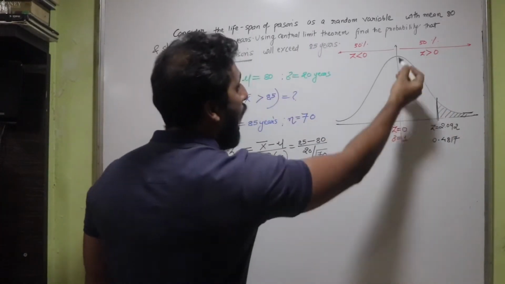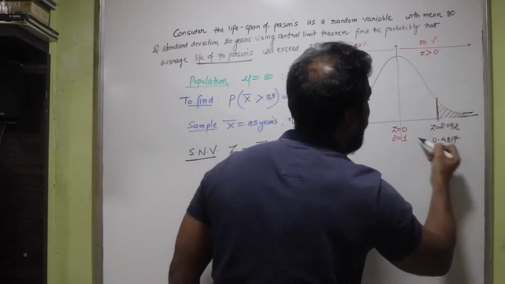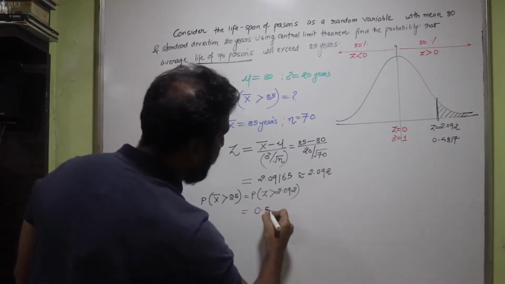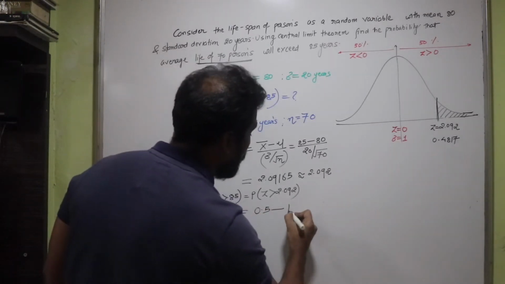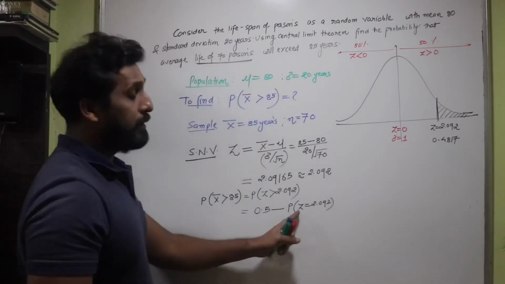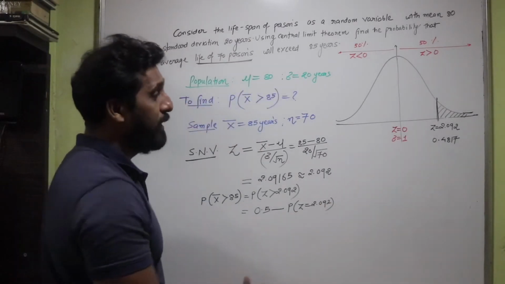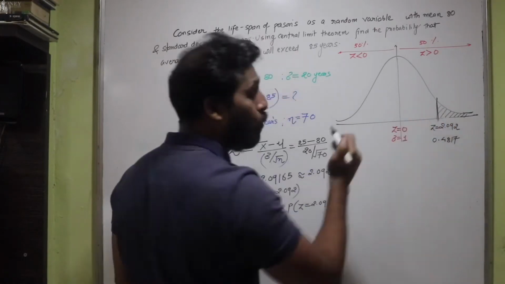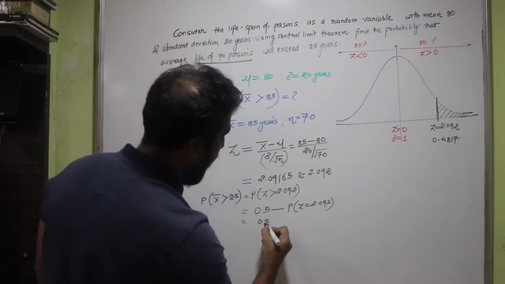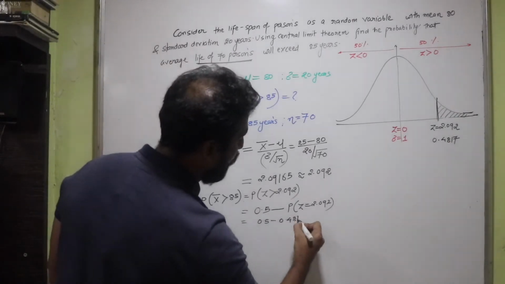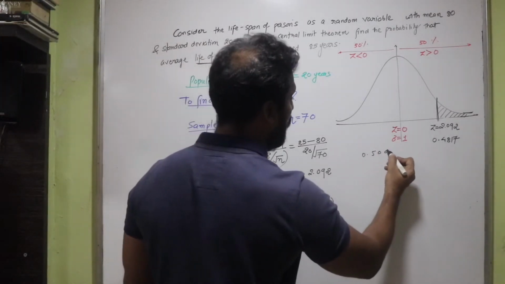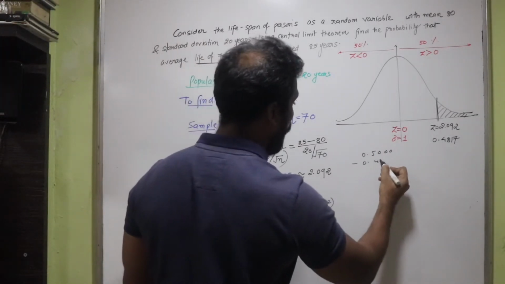So what I'll do is, as the entire value is 50%, isn't it? 0.5 is the probability, the entire value is 0.5. So this is actually 0.5 minus the probability of Z equal to 2.092. When I say Z equal to 2.092, it basically means from Z equal to 0 up to 2.092. The value is 0.4817. So I'll write here 0.5 minus 0.4817. Let's very quickly get the value. So I'll do a rough work, 0.5000 minus 0.4817.